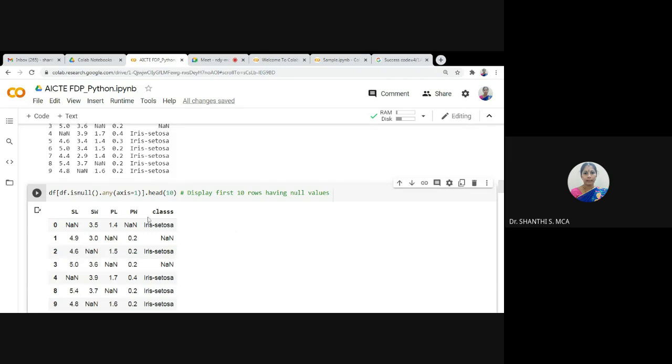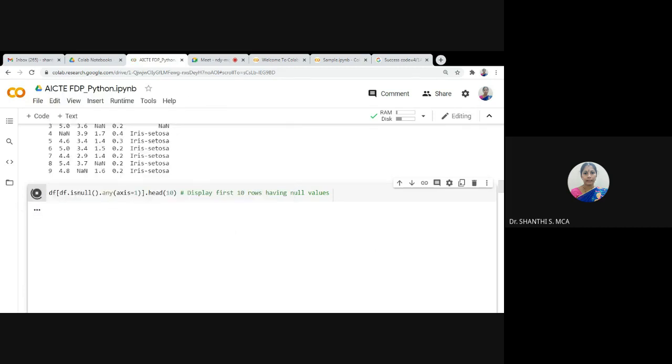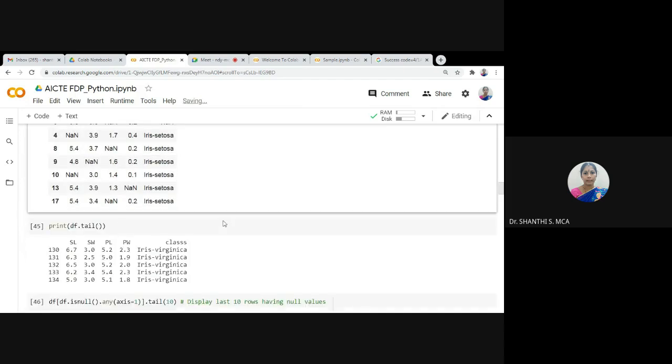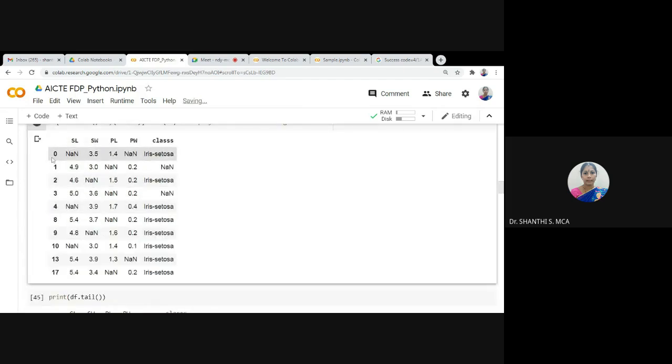Here axis equal to 1 will check along the row. If the data frame has any null value, it displays that only. So this will display the first 10 records which have a null value. You see, the 0th record with index 0 has a null value, 1, 2, 3 and 4 up to 4 have null values, then records 5 to 7 don't have null values, so they are not displayed.